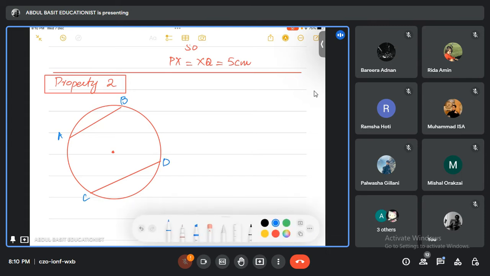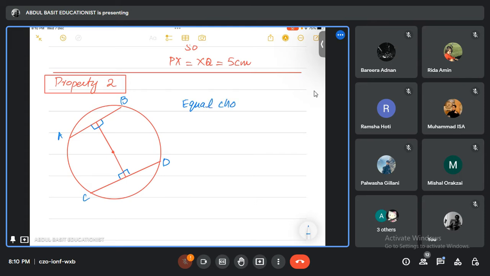According to property number one, we have to drop a line from the center to the chord like that. And it is a perpendicular bisector as well. So if the line dropped from the center is perpendicular, it will bisect the chord as well. So equal chords have the same distance from the center. It means that chord AB would be equal to CD